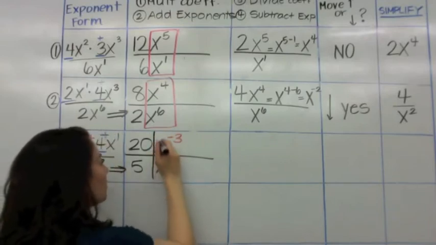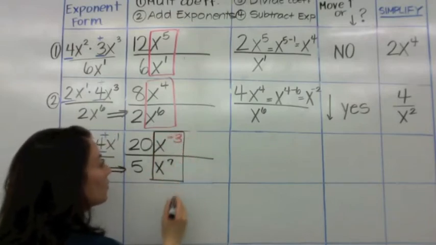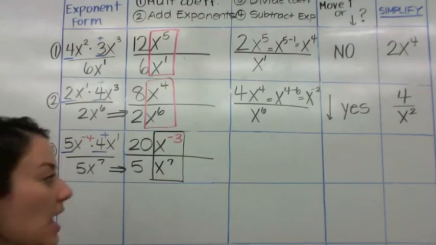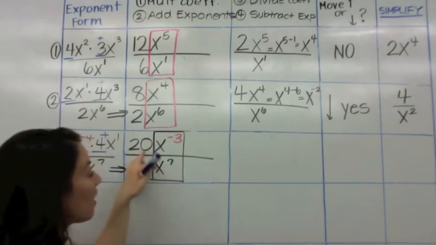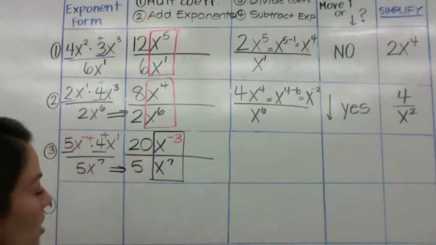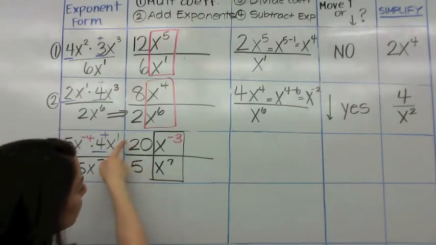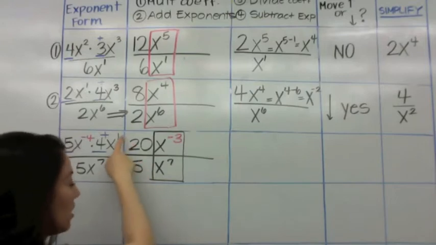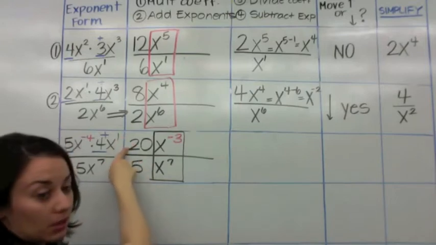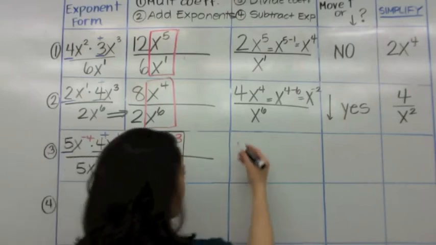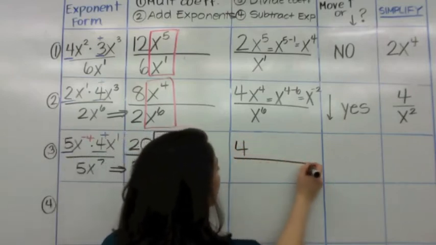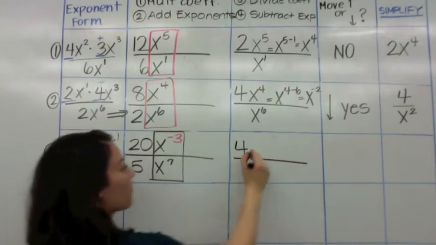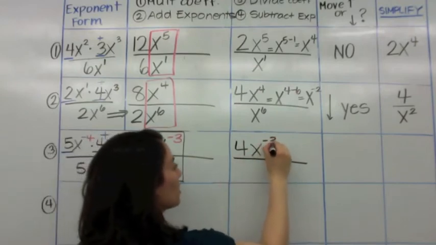So now I want you to put a box around your exponents. Put a box around the exponents. And we're going to go ahead and divide exponents now. First, we have to divide the coefficients. So what's 20 divided by 5? How many times does 5 go into 20? Okay, good. It's 4. And then at the top, you have x to the power of negative 3 and x